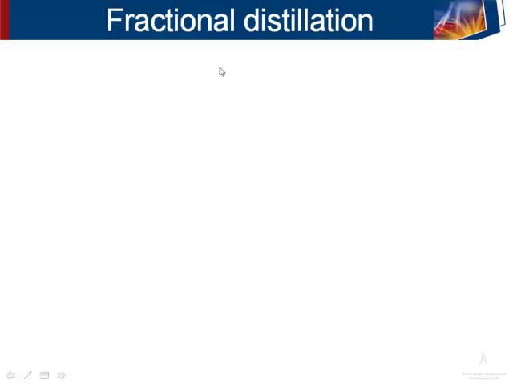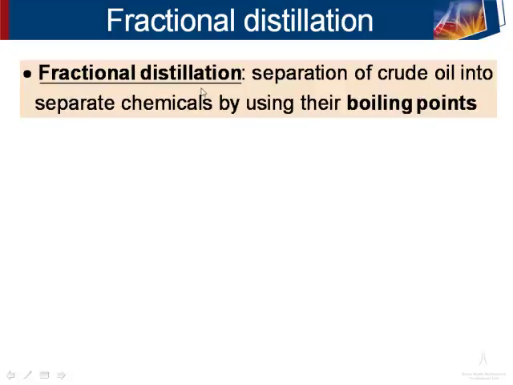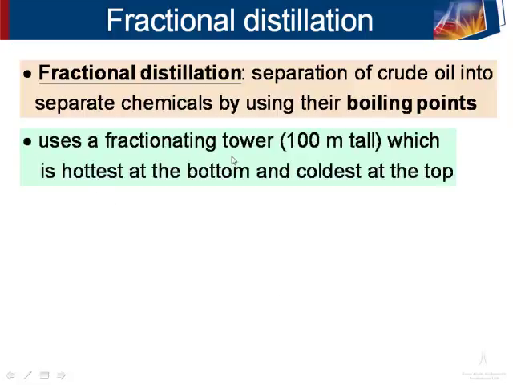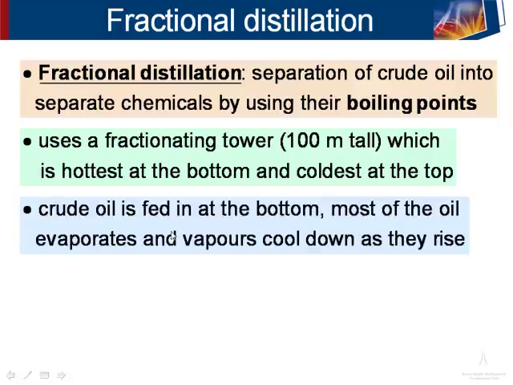and aromatic compounds. To separate them into different components and chemicals, we use a process called fractional distillation. Fractional distillation is a separation of crude oil into the separate chemicals by using their boiling points. It uses a fractionating tower, which is approximately 100 meters tall, and which is hottest at the bottom and coldest at the top. The crude oil is fed in at the bottom of the tower, and most of the oil